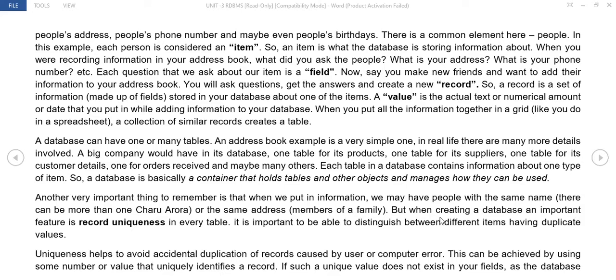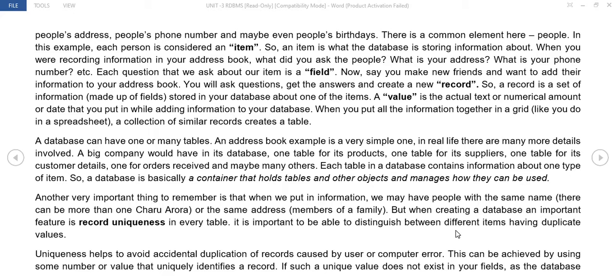But when we are creating a database, an important feature is record uniqueness in every table. It is important to be able to distinguish between different atoms having duplicate values. Maybe some people will have the same name, some people will have the same addresses if they are in one family.